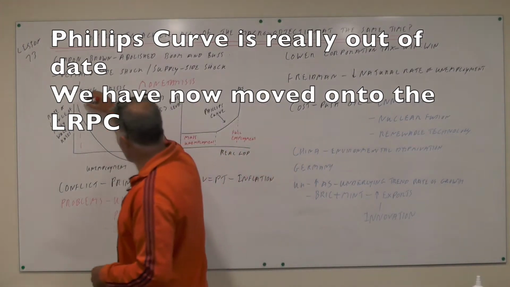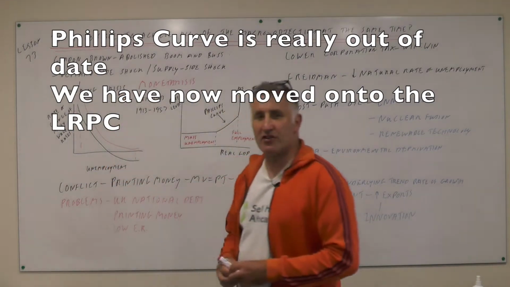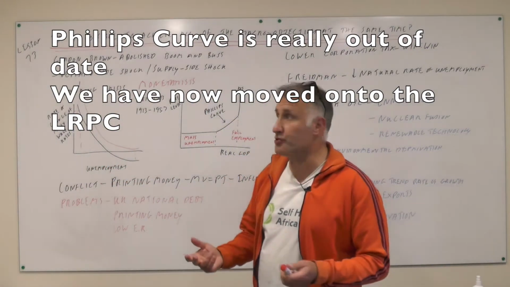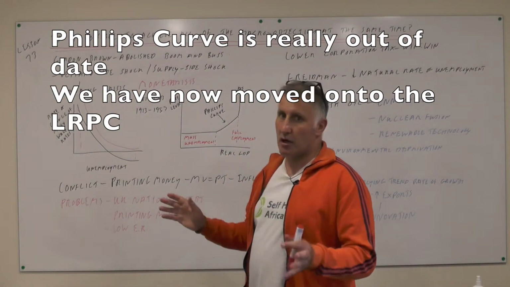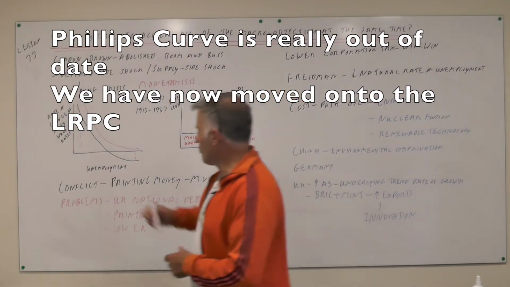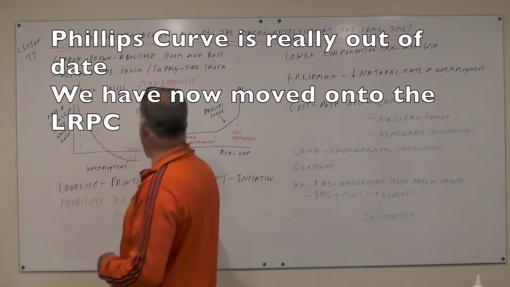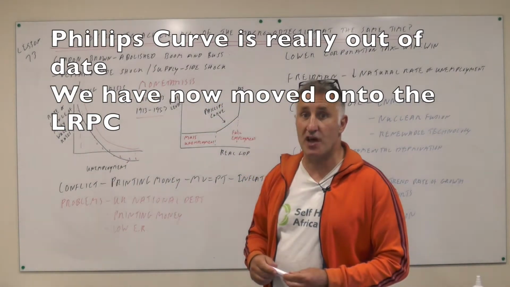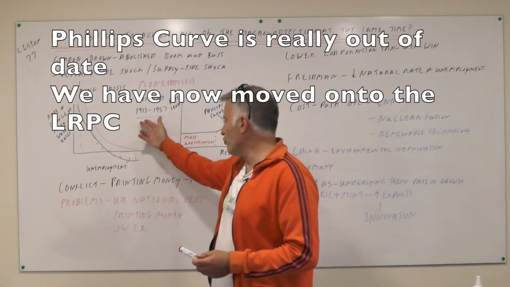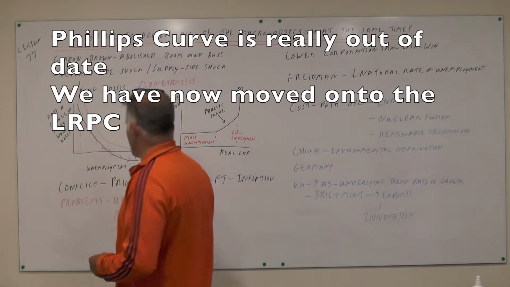Perhaps I should have drawn this a little bit further out here. That would have been safer. However, this evidence was based on Phillips, who made the observation between 1861 and 1913. So he drew up a line and there were lots of dots around here, which therefore meant that his theory was in fact correct. And then he followed that up with 1913 to 1957 and said, well, this data also conforms to that, therefore I make this prediction.